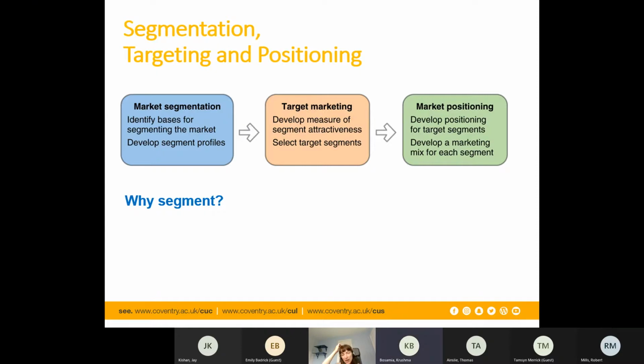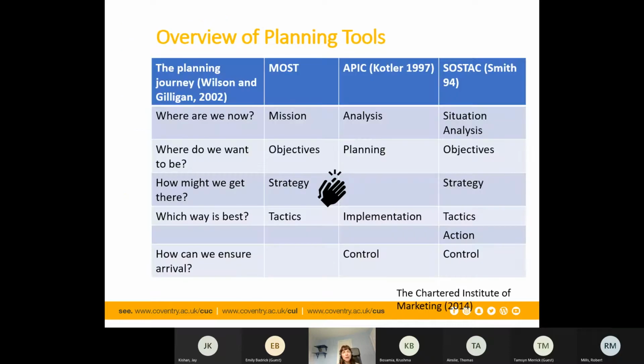And actually, more and more now, one of the big trends in marketing is customization, and co-creation, so working with our customers to create something really different and really special that is meaningful to them.